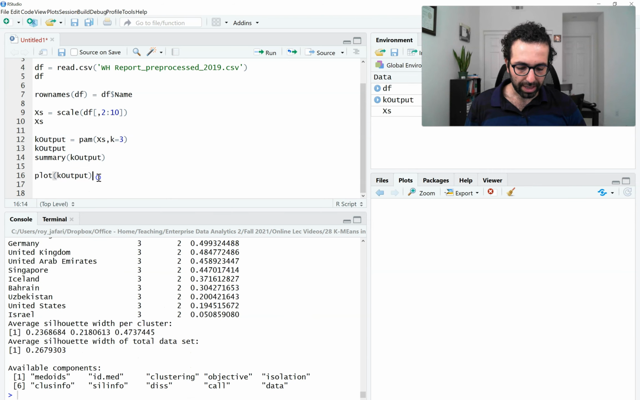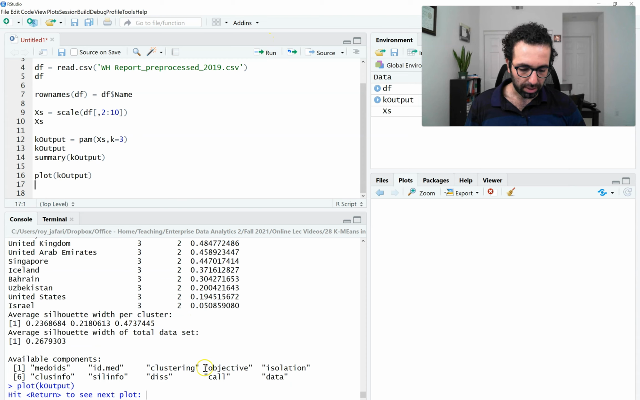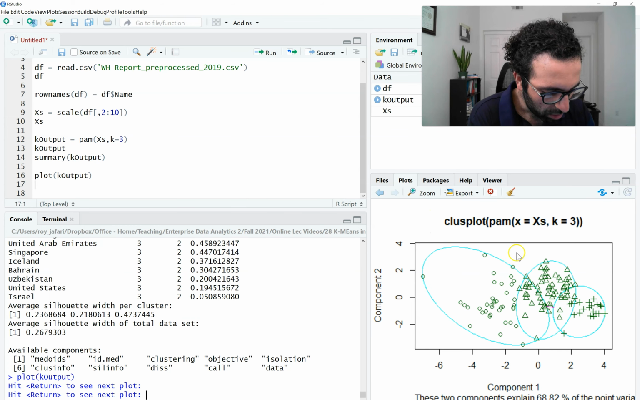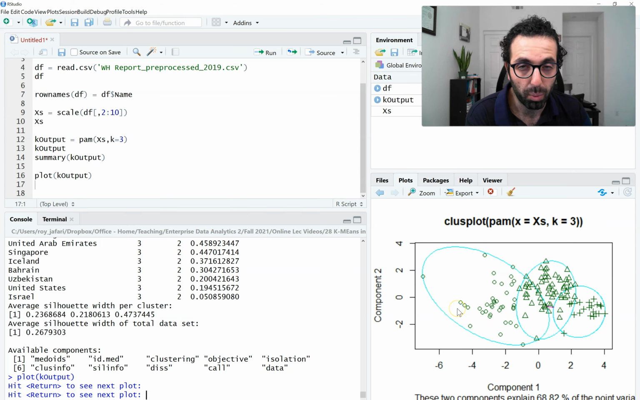And the last thing we're going to learn is the plots that R gives us. If I run this, the plots are going to be ready by clicking enter here. I get the first plot here, which is basically the principal components 1 and 2 of the data, and we can see the clusters in the principal component 1 and 2. So we've seen principal component analysis, and